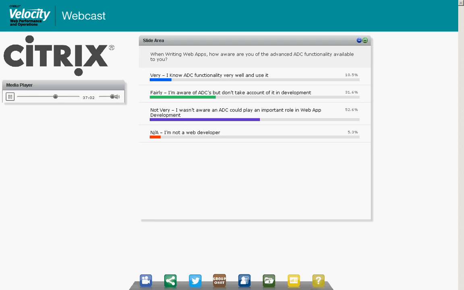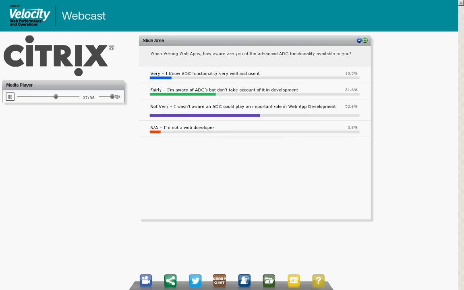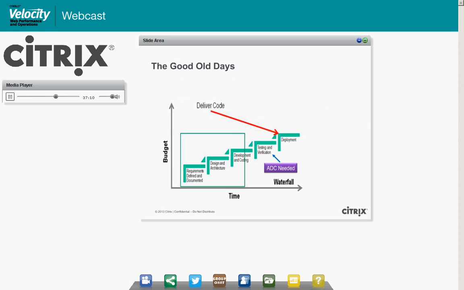So next, I want to diverge a little bit and go in a slightly different direction. I just need to find my place in the presentation again. I'm not doing a good job of finding my way around. Here we go. So if we look at the application lifecycle, in the good old